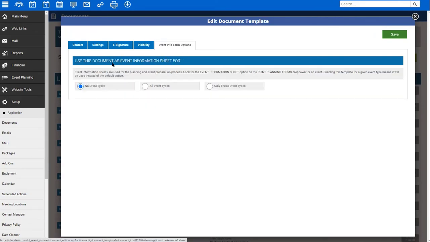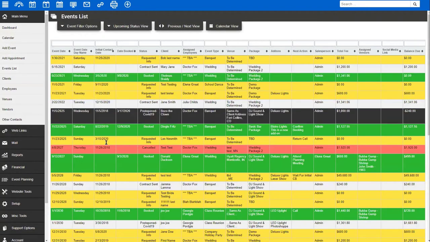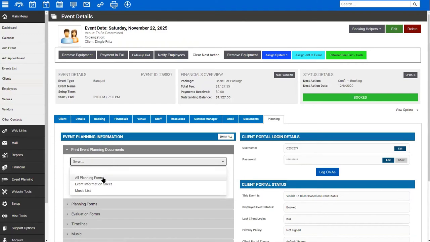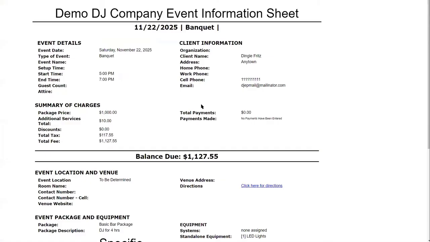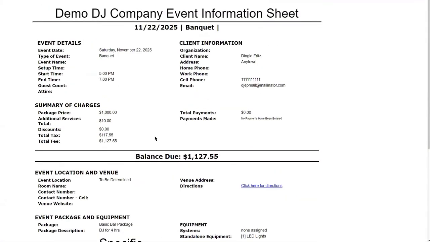This is where you can mark a document template that's going to be used when you print all planning forms. By default in the system, I don't know if I have any set up currently, but if we go to an event and we go to the planning tab and we click print all planning forms or event information sheet, let's pull this up over here. This is one that somebody else has set up in here, but this is the page that would print before